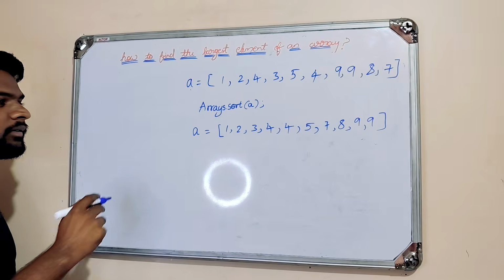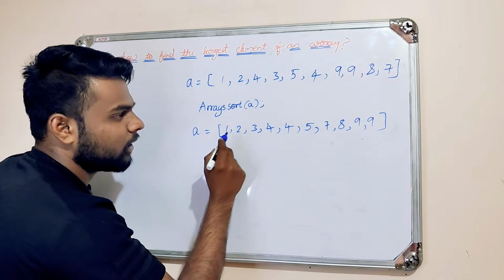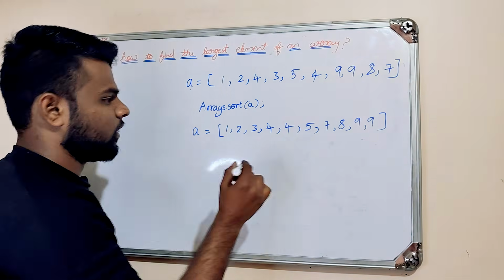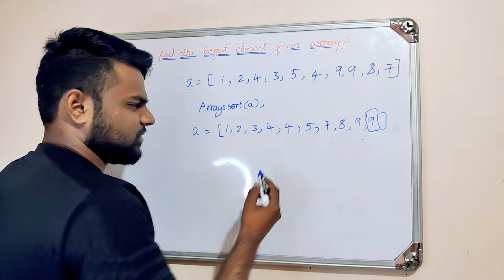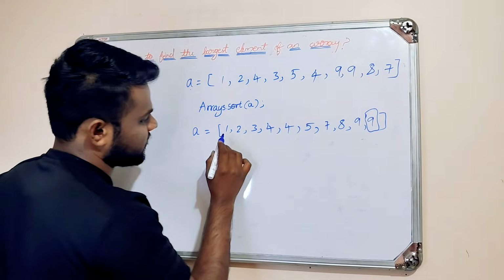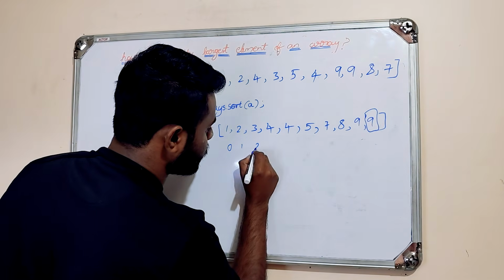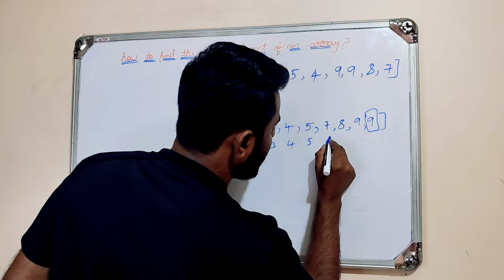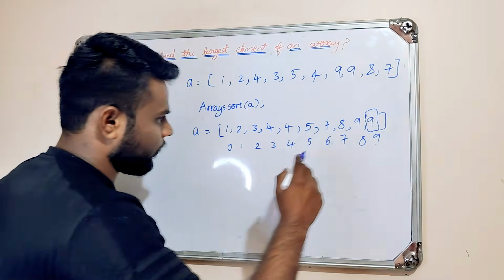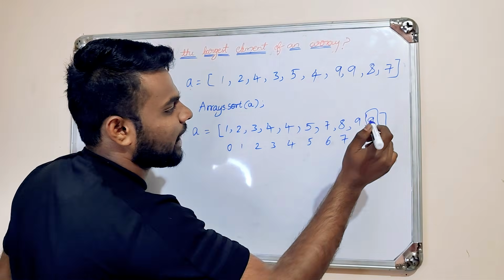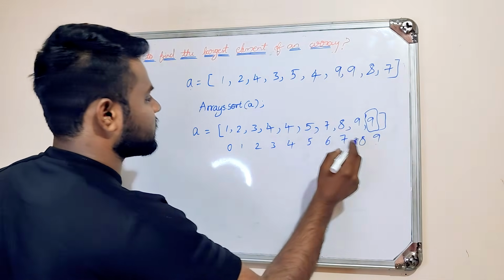After executing this statement our array a will become like this. Now you can find the largest element. How to find the largest element? Just simple. Our index of the array starts from 0 and goes to n minus 1. So here 0, 1, 2, 3, 4, 5, 6, 7, 8, 9. Our largest element, the biggest element, lies at index 9. So if you want the largest element, you are going to print